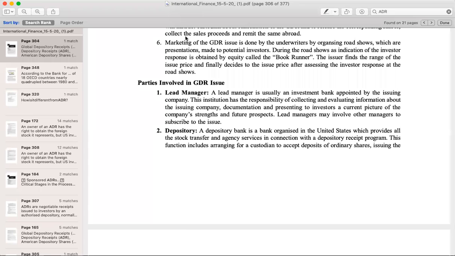Also, depository. Depository is an institution which is going to convert all the physical holdings into electronic form. So this depository bank in USA is going to be helping in the stock transfer process. As I told you, all the shares are electronically converted and credited to the company, and these shares are going to be converted to depository receipts. Each depository receipt represents a certain number of equity shares. And also they are issued to the investors in the form of depository receipts.